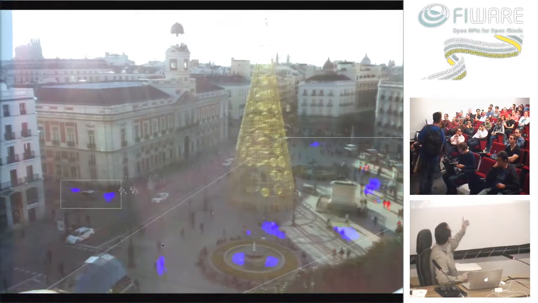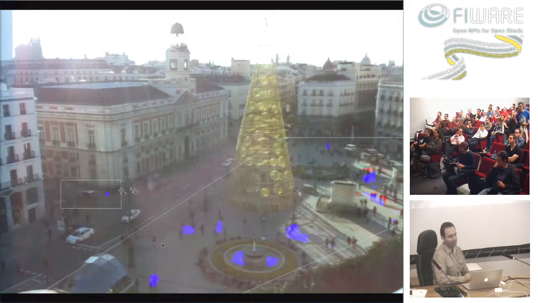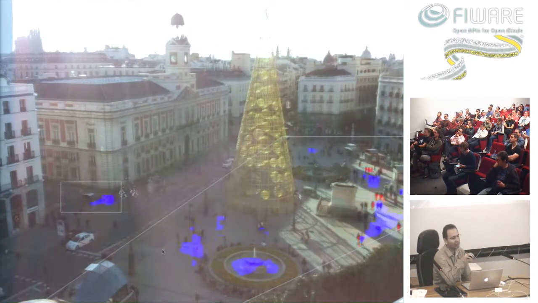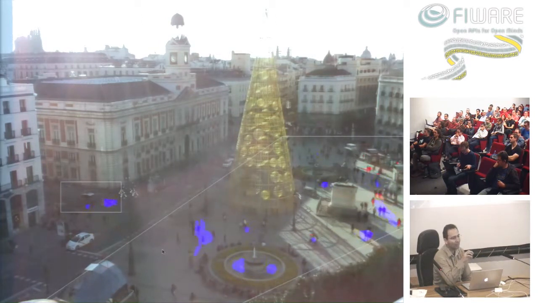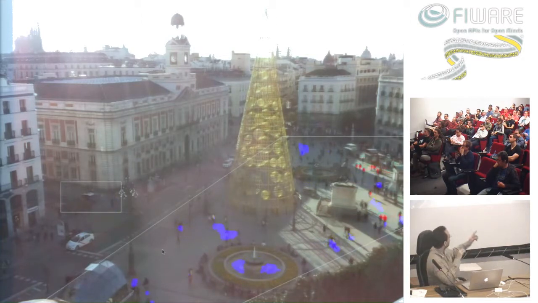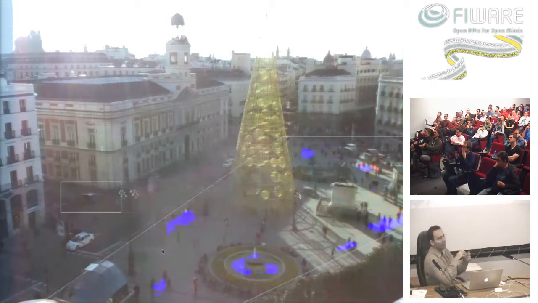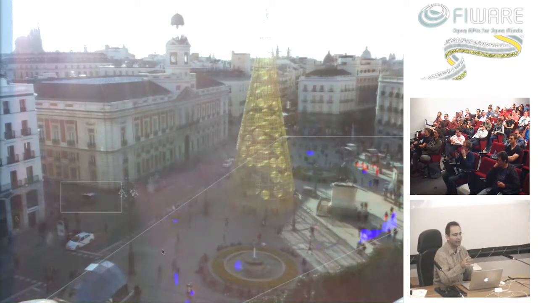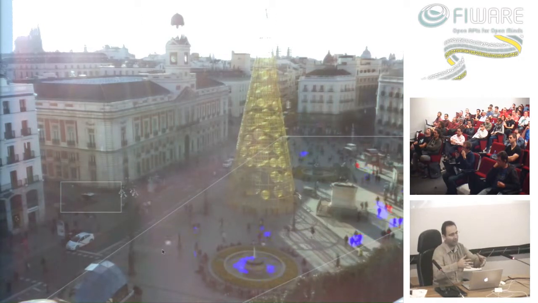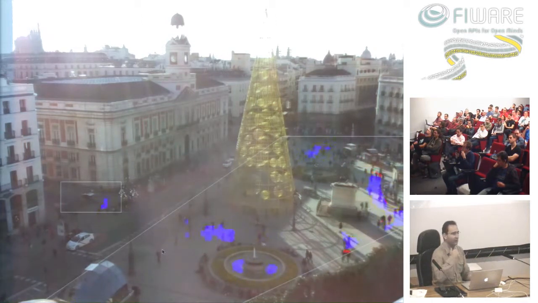And as you can see, there are little spots over there in red color and in blue color. These are the crowds detected. Blue means that there are people moving very slowly, and red means that there are people who have stopped completely, okay? So right now, the spots are very, very small, but if you imagine that in the middle of the square, there is, for example, somebody having a heart attack, very fast, a group of people comes to see what's happening, and then you have a crowd. And the system is detecting that crowd. It is elevating an alarm